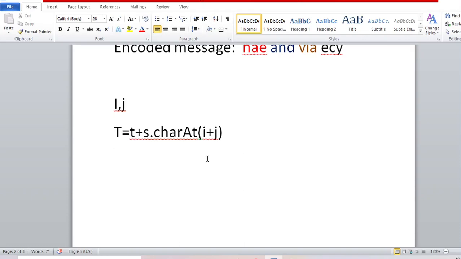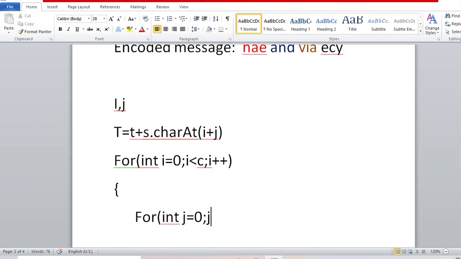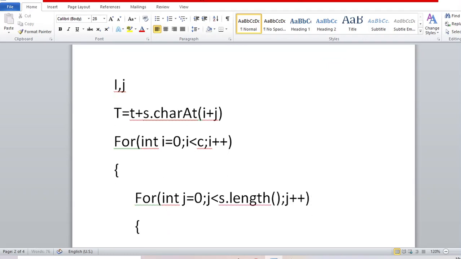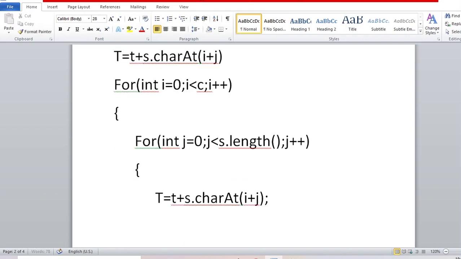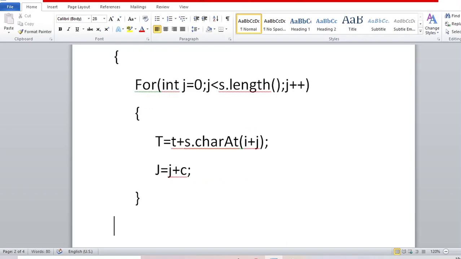Then it will be like for int i equal to 0 to c, i plus plus, and s dot length will continue, and the j value will be increased by j plus c, and here the t will have a space.